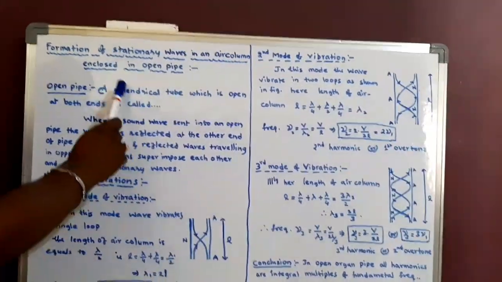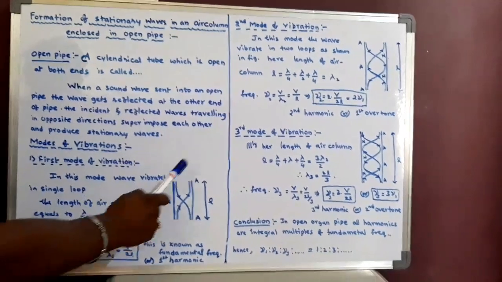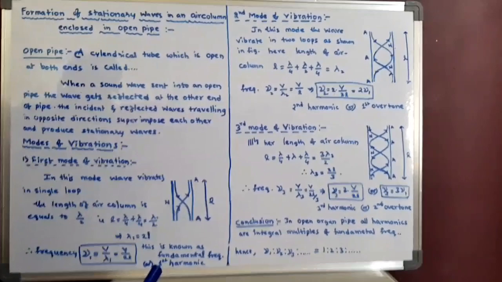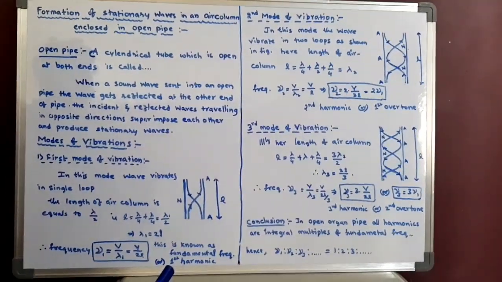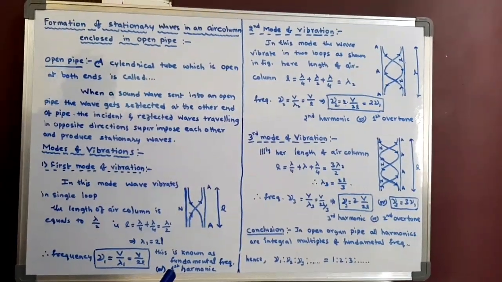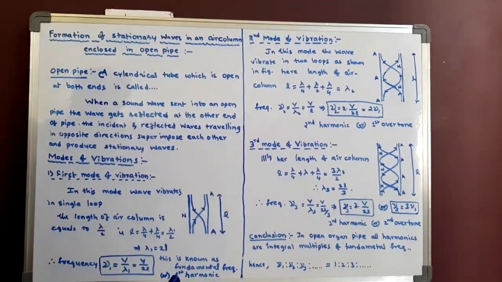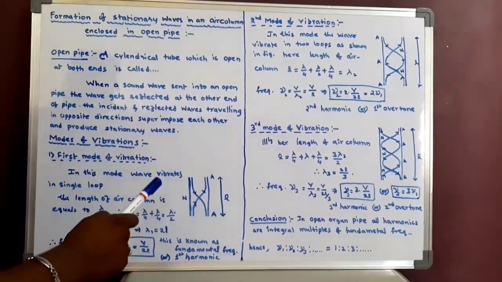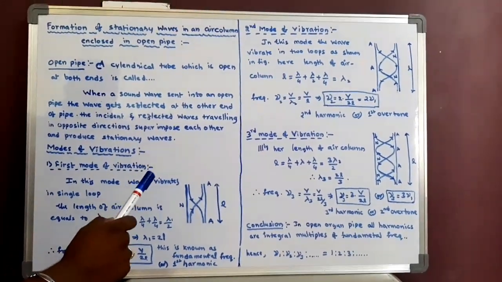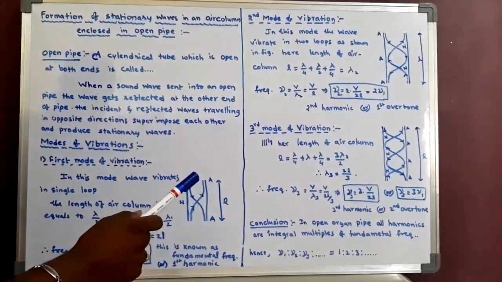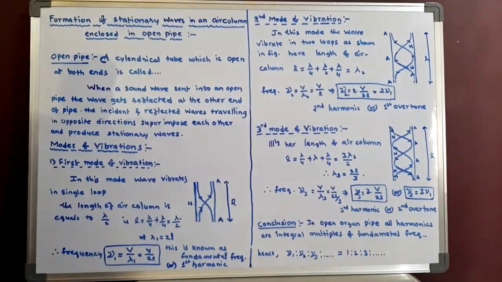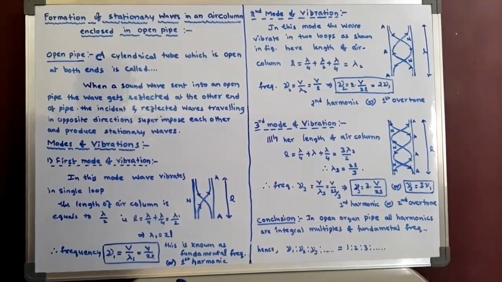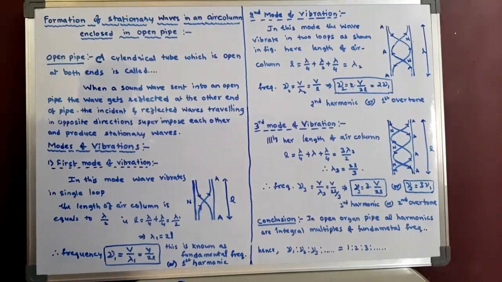So this is an open organ pipe, and this is how the waves are generated in the organ pipe. Similarly, there is one more long answer question, named the closed pipe. I am going to explain that question also, because these two questions are similar, so you can understand the concept easily by comparing one with the other. I hope you understand well. Okay friends, students, let me go to the next long answer question.